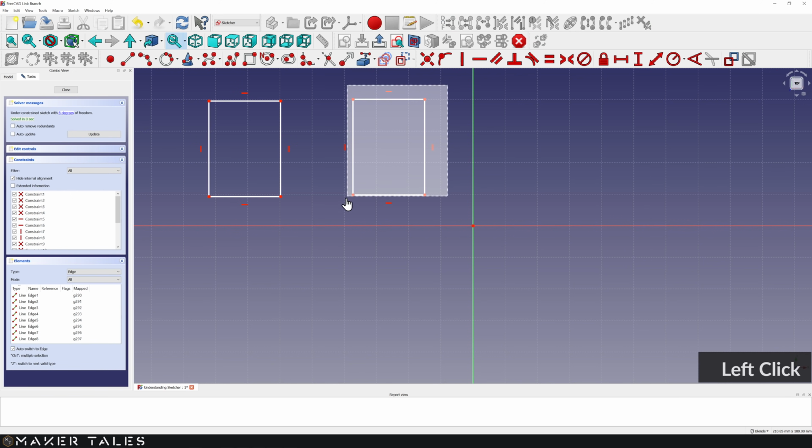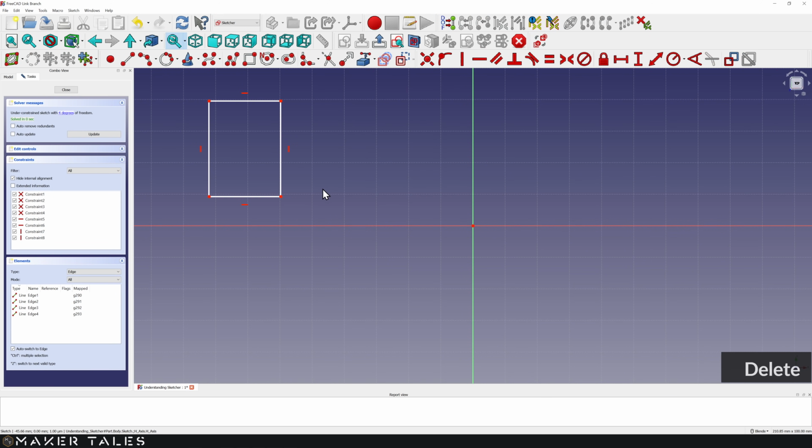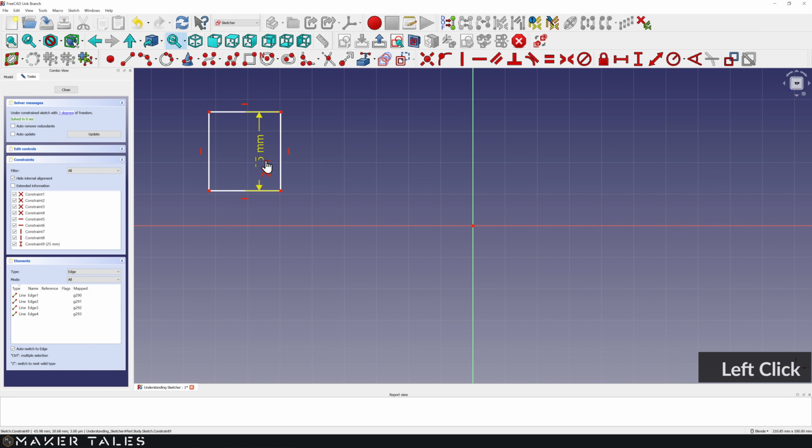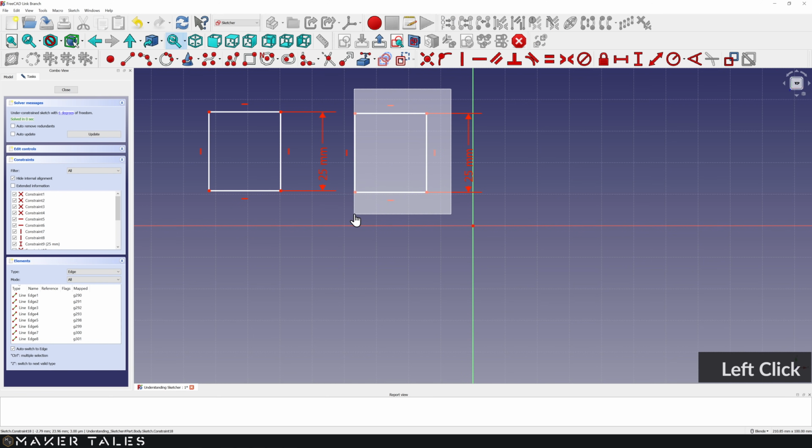Let me show you this, but to do that, I need to go ahead and put a dimensional constraint. I know we weren't going to do constraints, but you already know what a dimensional constraint is, so I'm going to go with a Shift V to do a vertical dimensional constraint, set that to 25, something nice and simple, and hit OK. Okay, so let's go ahead and do that copy once again. We'll select this, go over to our copy tool, click copy, and as you can expect, when you click on this copy, we have a copy with the dimensional constraint. Great, but this doesn't tell you much about what a clone is.